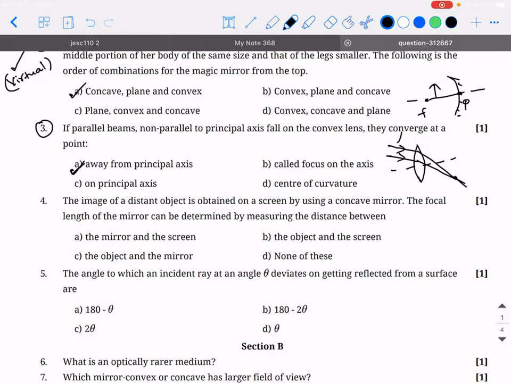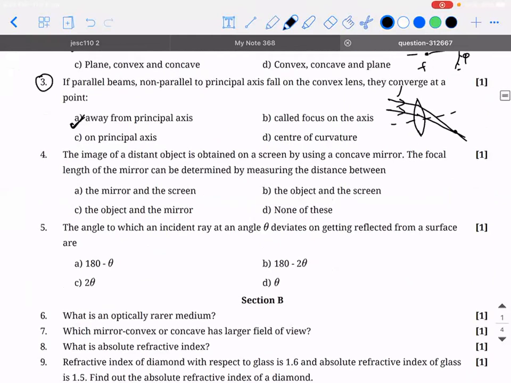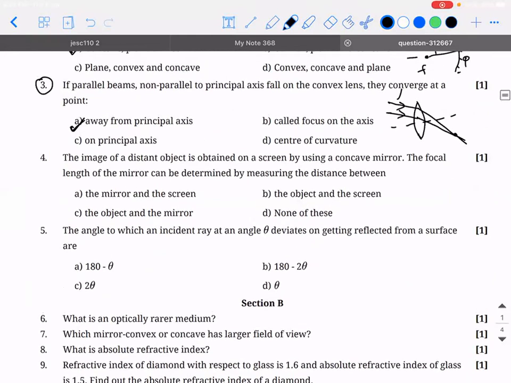It is because there will be a different level of bending. Actually, I cannot get into inner details because Snell's law comes into the picture, because the lens is the one which is undergoing refraction. So for this, you can make a note alone: it forms away from the principal axis. Fourth one.